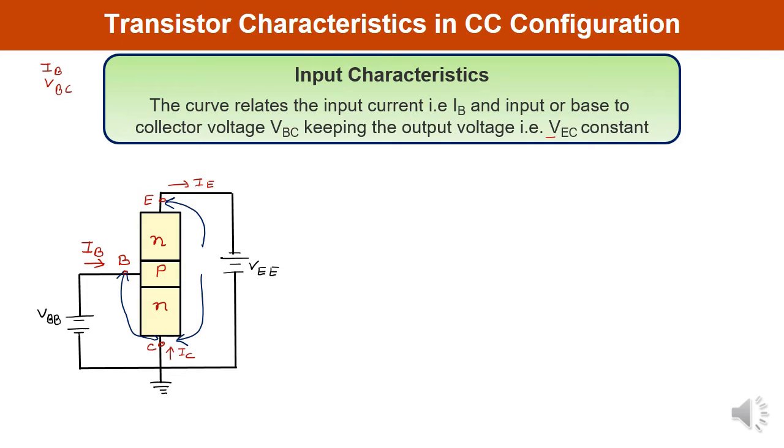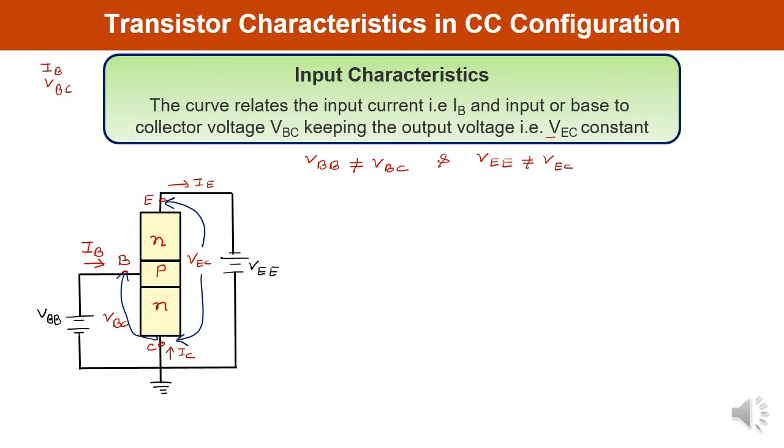These two batteries are used to provide the biasing. So these are used for the biasing potentials only. And the voltage between emitter and collector terminal is denoted as VEC, while the potential between base and collector is VBC. You must remember that the value of VBB, the biasing potential, is not the same as VBC. At the same time, VEE is not equal to VEC.